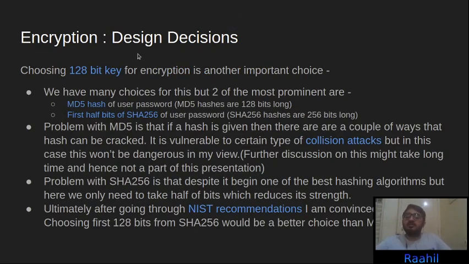Another important design decision is that we need to choose a 128 bit key for encryption, and this key can be chosen in multiple ways. Two of the prominent ways that I can think of are, first, that we can use the MD5 hash of the user password. MD5 hash returns exactly 128 bits, so we can directly use it. And another is that we can use some stronger hashing algorithm, like SHA-256. It will return 256 bits, but we need only 128, so we can discard